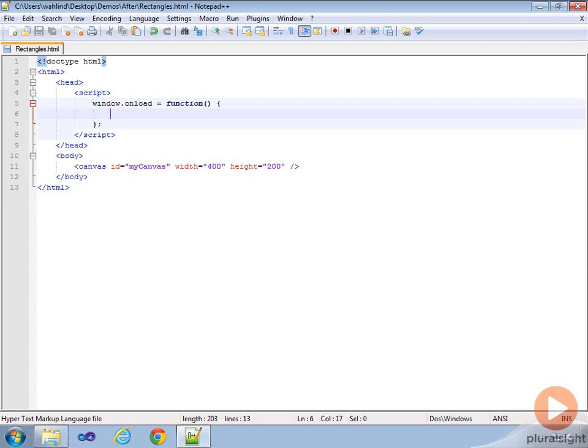Let's take a look at some of the different rectangle APIs that are available and how we can use those in different ways. So to start off, you'll see that I already have a canvas defined and I have a window on load I'm going to use. So we'll do the normal find the canvas routine. So we'll do document get element by ID,